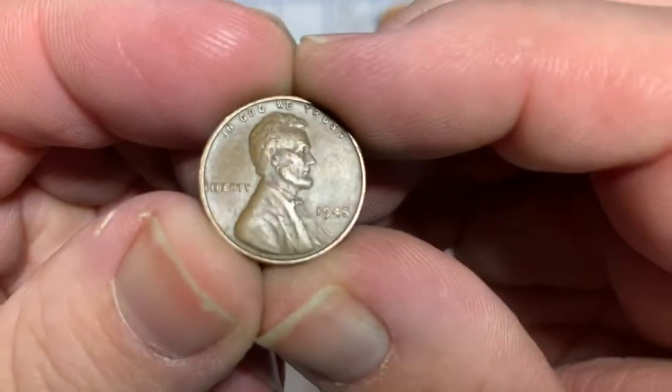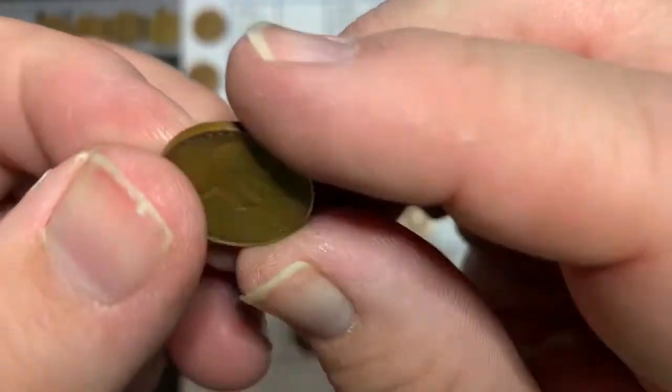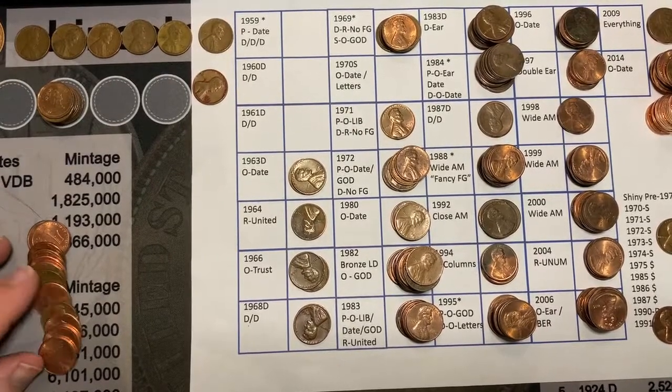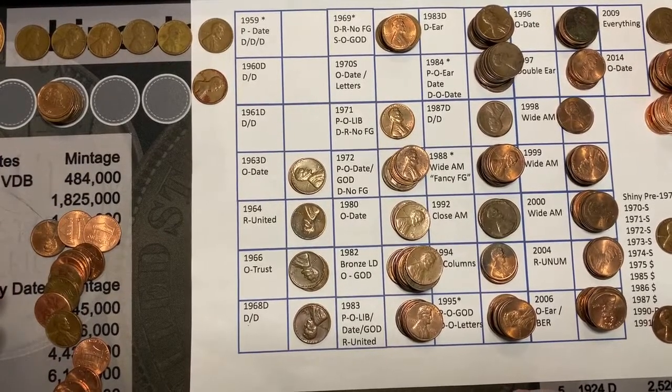And let's see, let's get the camera to focus there. It's a 1945, in pretty good shape. Add that to our Wheatie tally. And I don't see any others. So let me go through the rest of these to sort them and bring you back on our next Wheatie